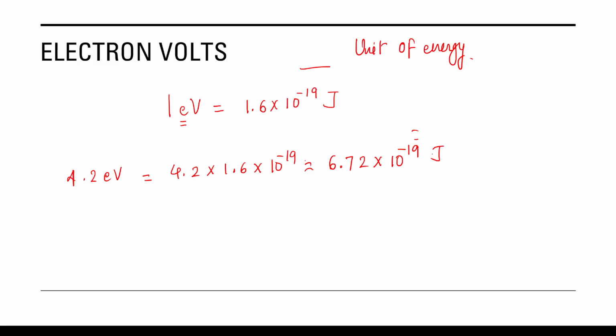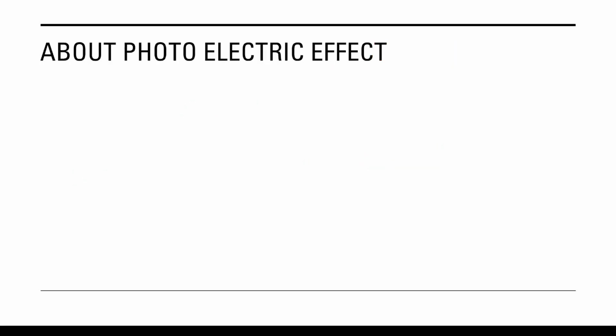Whenever you have to convert electron volts, and you have to, because electron volts is not the standard unit, the standard unit is joules. Now, photoelectric effect. It was discovered only after we knew what photons are. Once the particle nature of light was understood, the photoelectric effect was explained. The explanation was first given by Einstein,